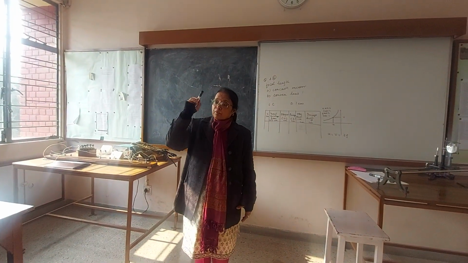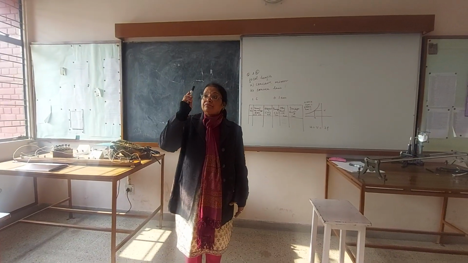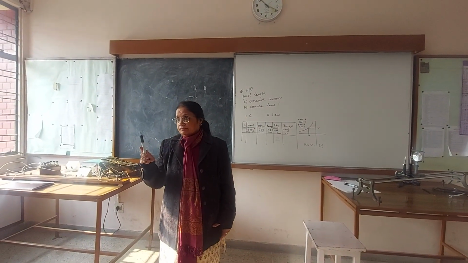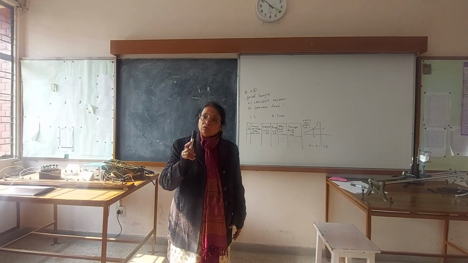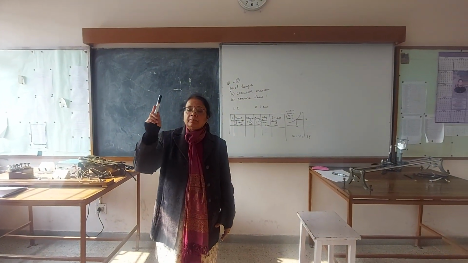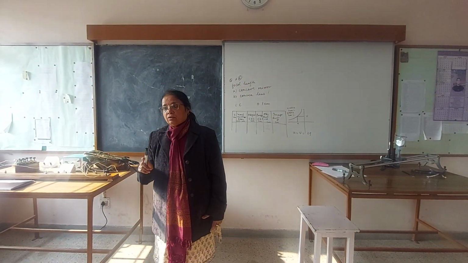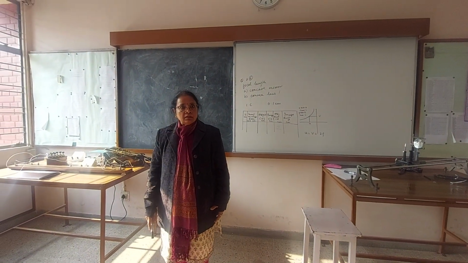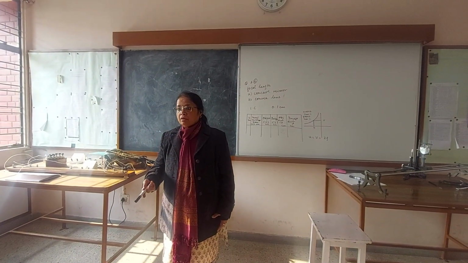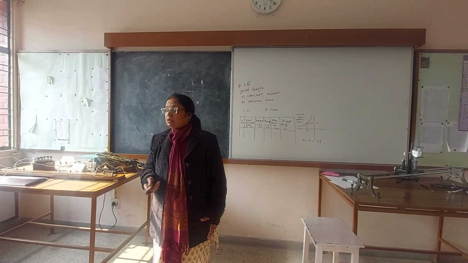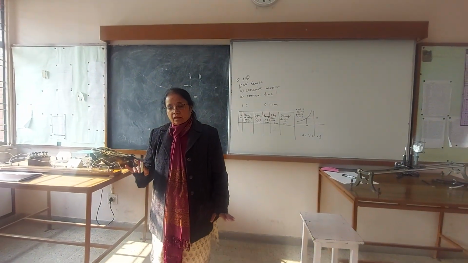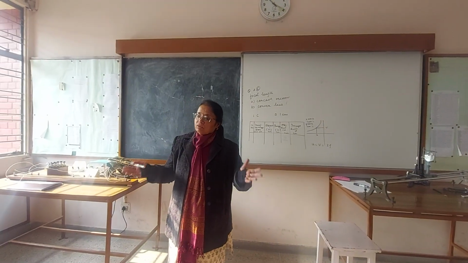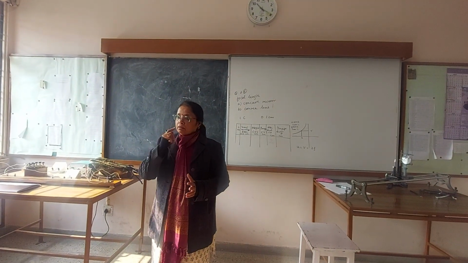Because the point of minimum deviation is only one for a particular material. It's unique. That's why you need to locate that. That's why you do sin (A plus delta M) by 2 upon sin A by 2. Otherwise sin i by sin r is equal to refractive index. Isn't it easy? But can we rely on your senses to be sure about the result? No. Nobody is. Even if I do it, I may think I'm the best, I can also make an error in looking at the pins.